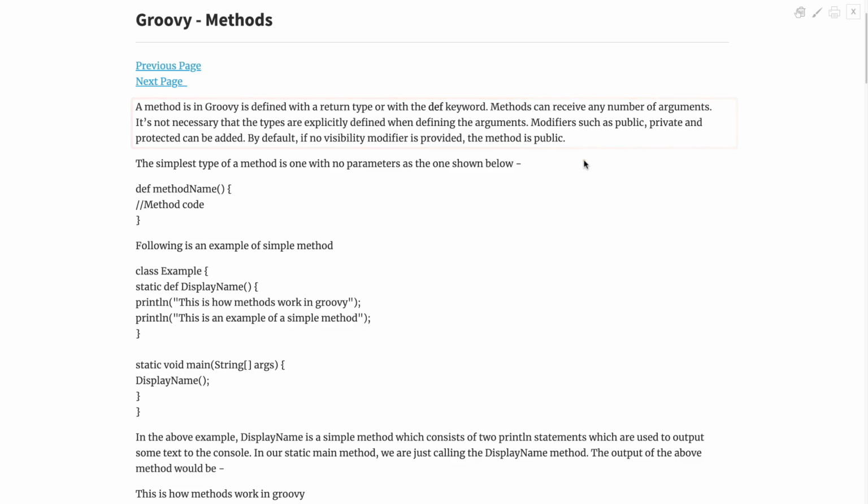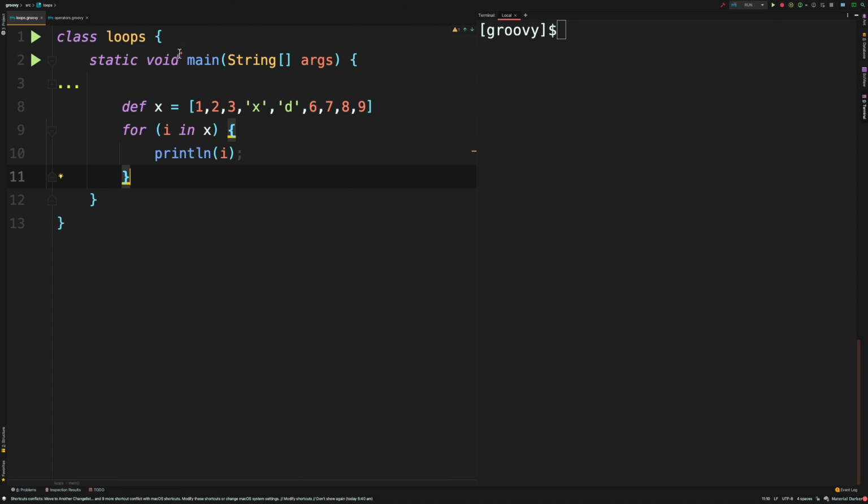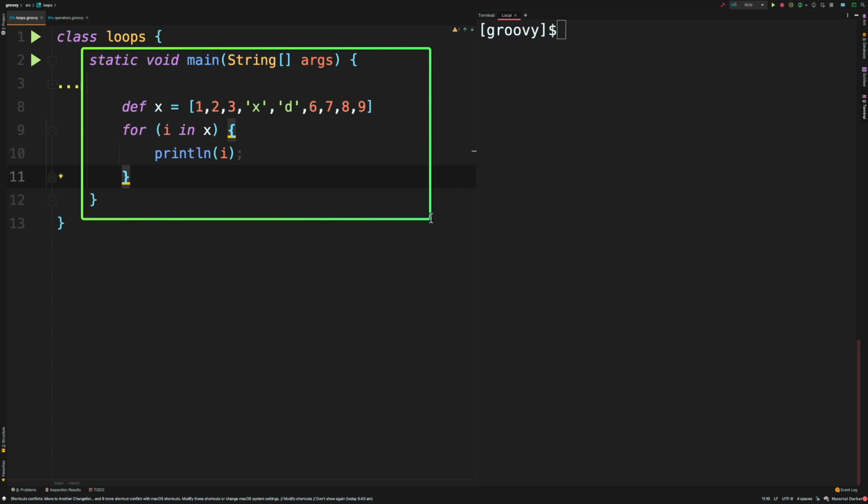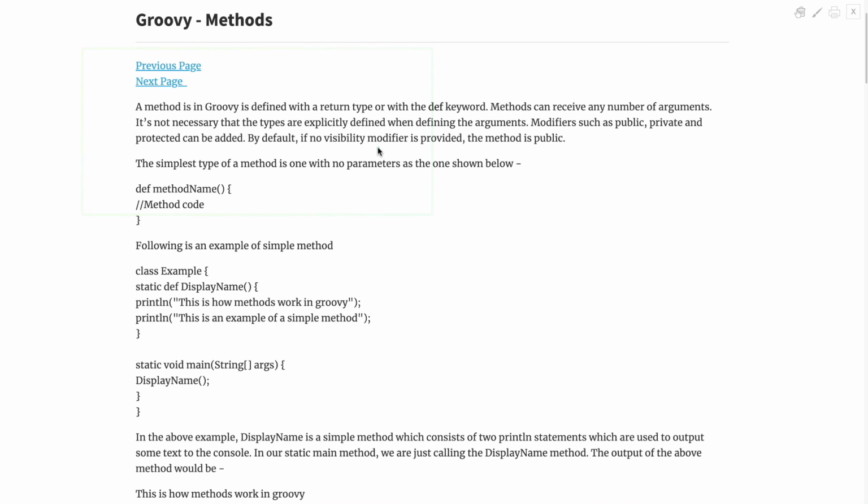Now, what is a method? Well, we've already seen a lot of times this main method. Okay, I mentioned in the start of the course that we will talk about methods later in the course, and this is the video for that. And methods are a very important topic. Methods are used pretty much everywhere in your programming, and they're used in every part of your application development. So you need to understand how methods are used, and why we need them.